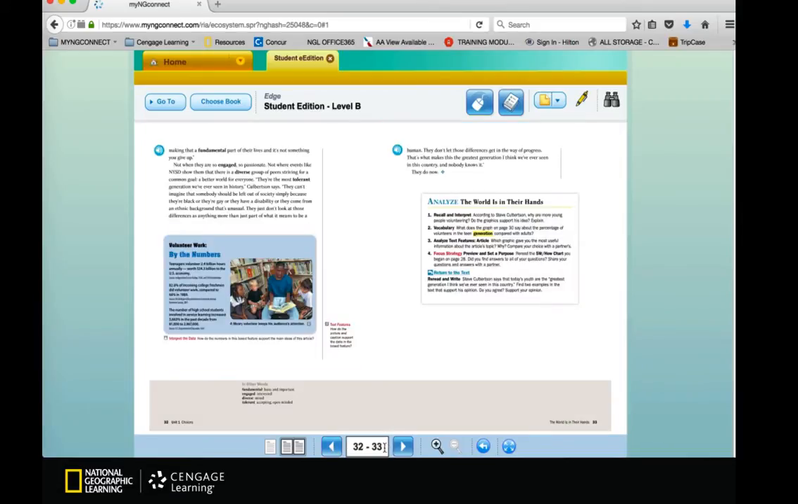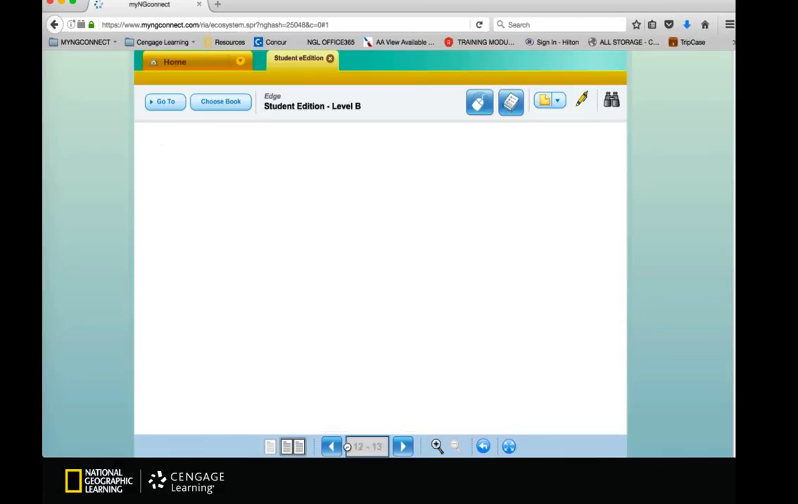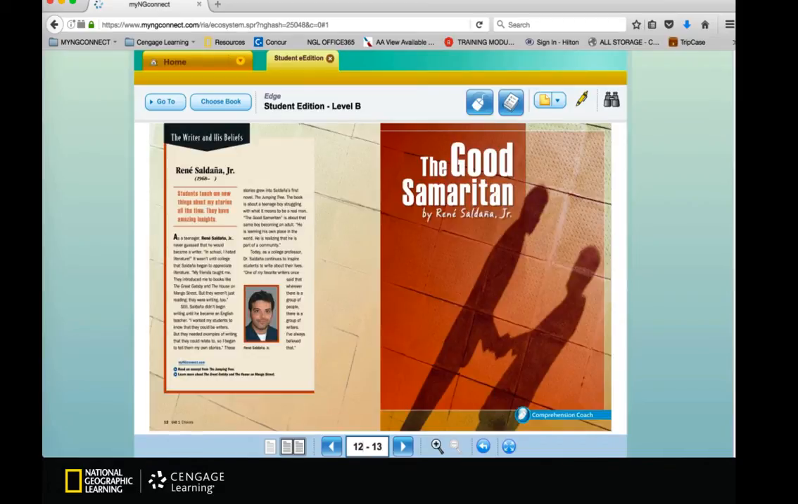I actually want to go back to the Good Samaritan, the selection begins on page 12. So I type in page 12 and hit enter on my keyboard, and it takes me right back there. I will say to you, and until you do this a couple of times, you may have the same issue I did. If I type in a number here, we'll go back to page 28, and I use the arrow